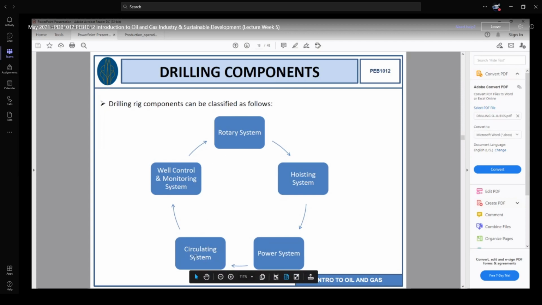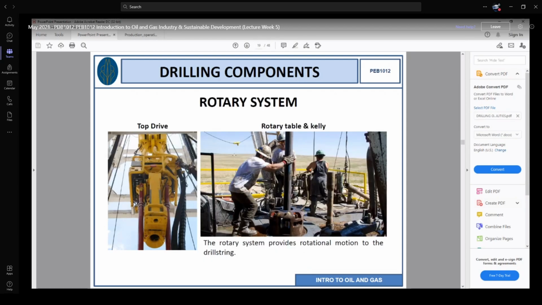Why? Because to avoid any blowout and any undesired operation during the drilling operation. For example, if we receive uncontrolled fluid at the surface, there must be a blowout, right? So to avoid a blowout, there must be a well control system over there. So let's briefly discuss these systems.